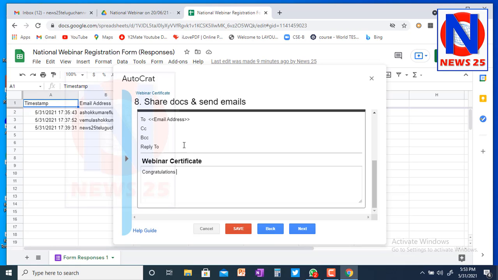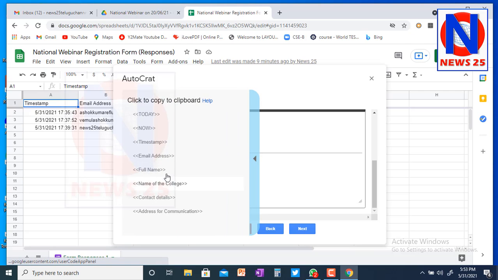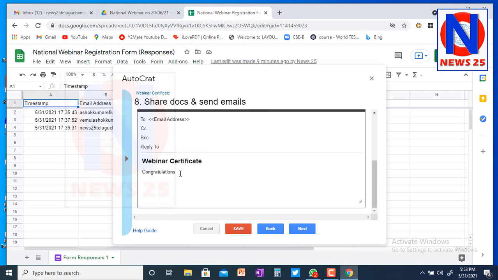After congratulations there must be a person's name, the participant's name, so here full name must be there. You can copy it and then Control V, paste. Congratulations, full name means, let us say my name is Ashok. So congratulations Ashok on